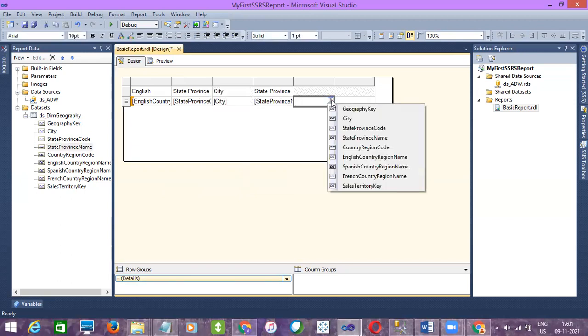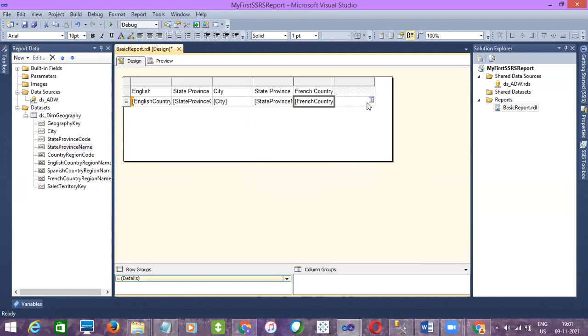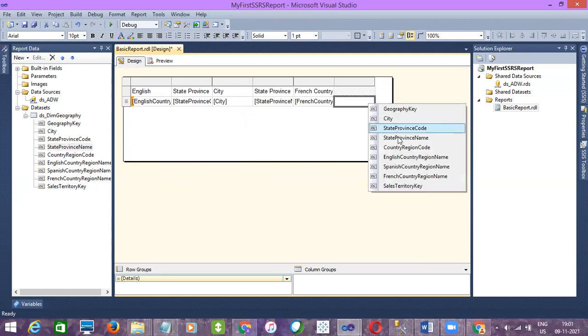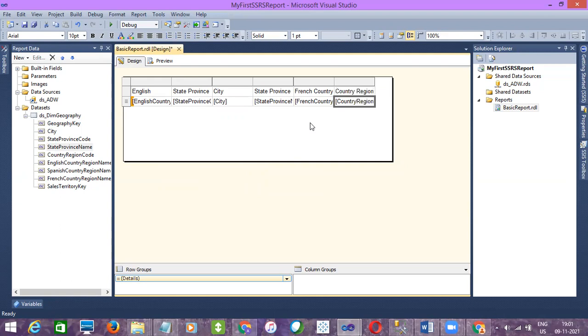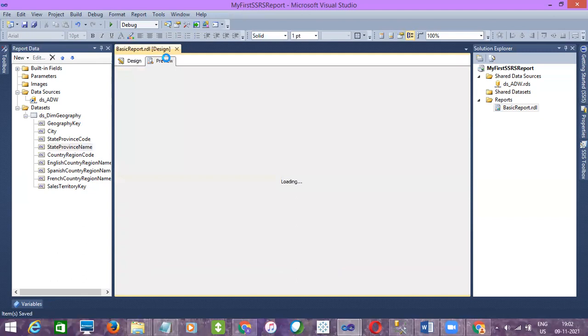City, and French region name, some country region could be added. So these are the column names you can see. Now I have just added this. This is under design, so if you go to preview, we'll see what happens.